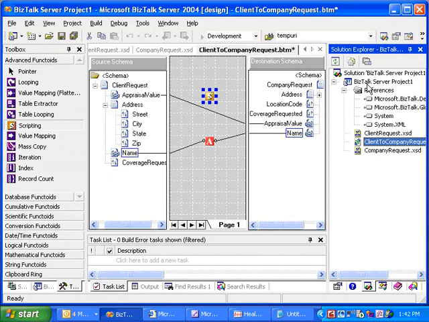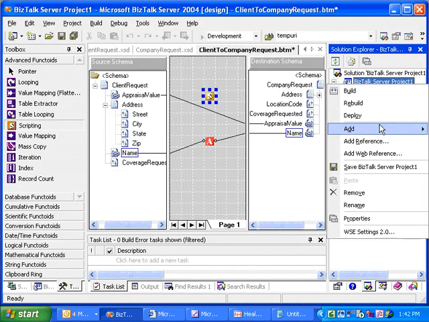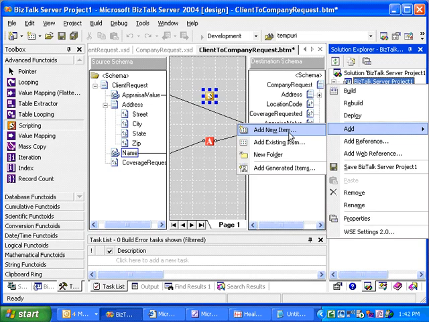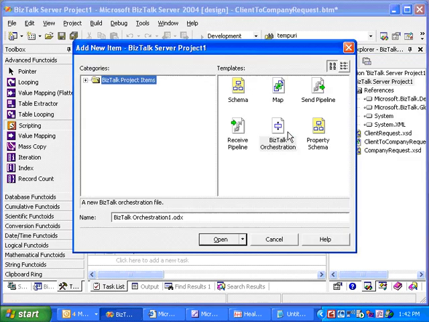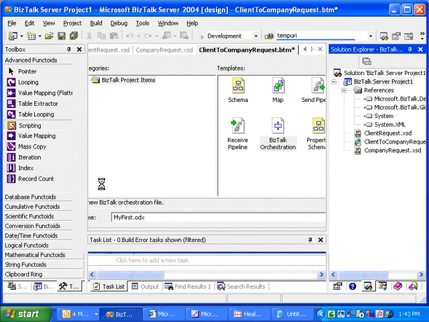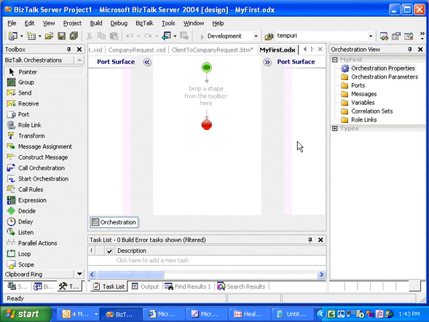I've created these maps, I've created these schemas. Let's create a simple business process and just take you through the concepts of using this business process. I add a new item. My item is a BizTalk orchestration. I give it a name. The myfirst.odx will be the name added to my solution, and ODX is an orchestration file. And we open up the BizTalk orchestration